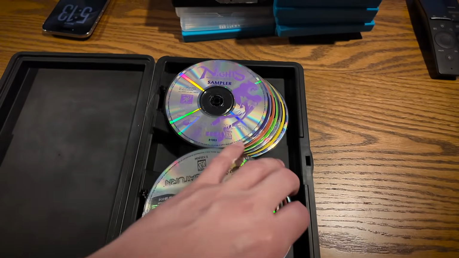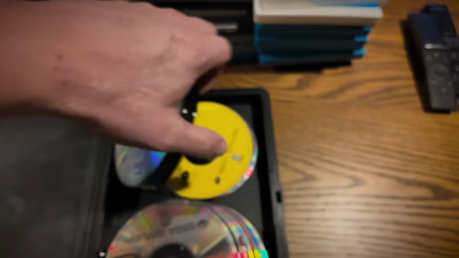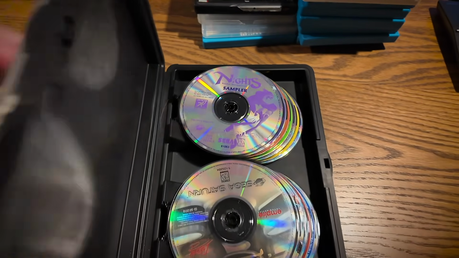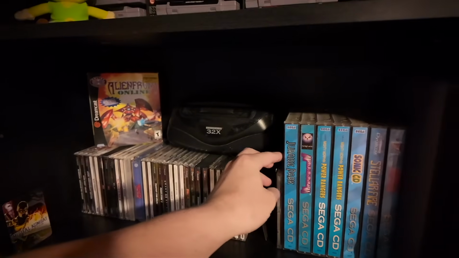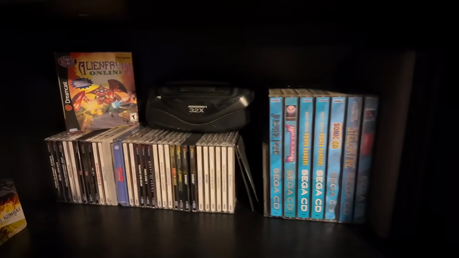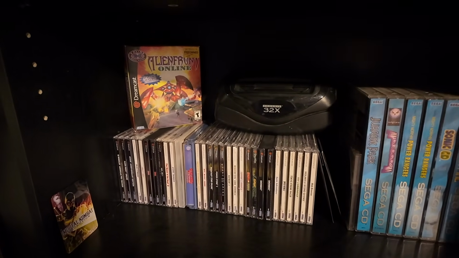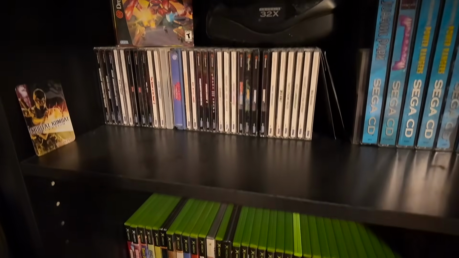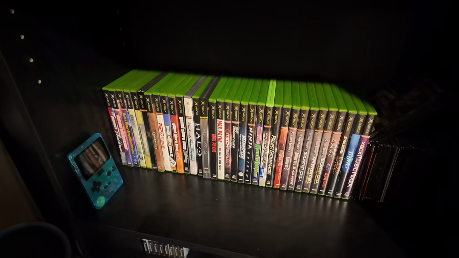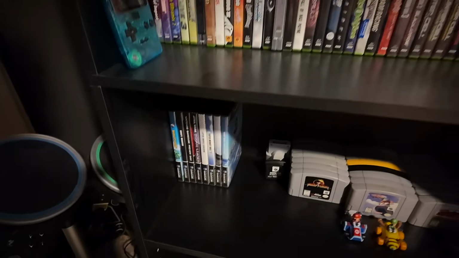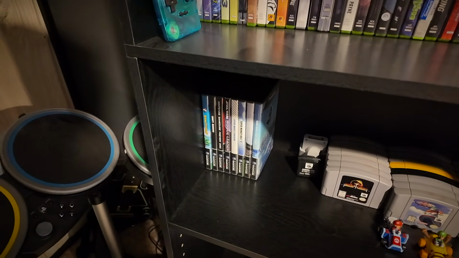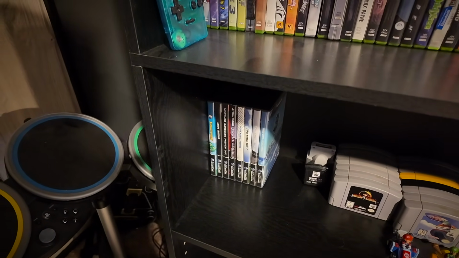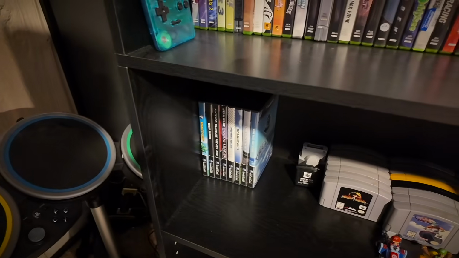Now, these are not in alphabetical order. That's just something I never got around to doing. I probably should do that, though. But generally speaking, things are in order. For example, Sega CD games. Dreamcast games. Oh man, one of the greatest consoles of all time. The OG Xbox, you gotta love it. GameCube, I enjoyed my GameCube, but I wasn't a huge fan of it because at the time I was just obsessed with my Xbox 360.